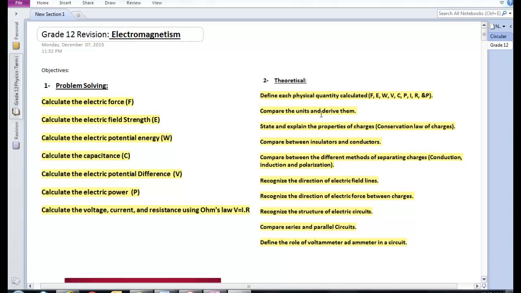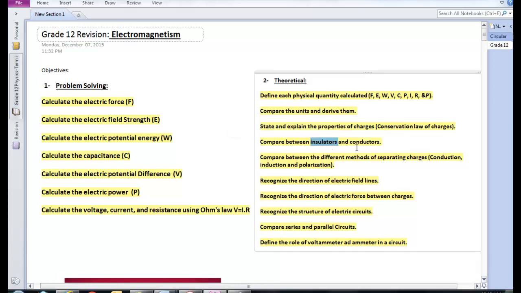We stated and explained the properties of a charge, like charges repel, unlike charges attract, and also we discussed the meaning of conservation, which means that charges are conserved, or the amount of negative charge should be equal to the amount of positive charge. We compared between insulators and conductors, and we said that the insulators are having very high